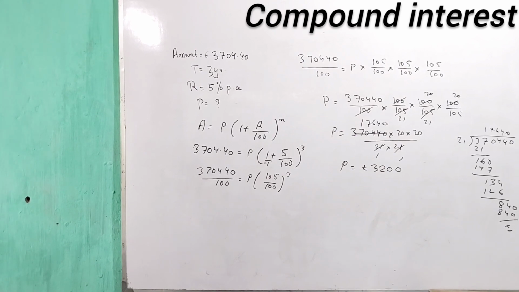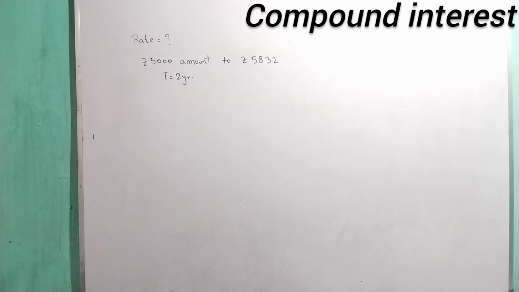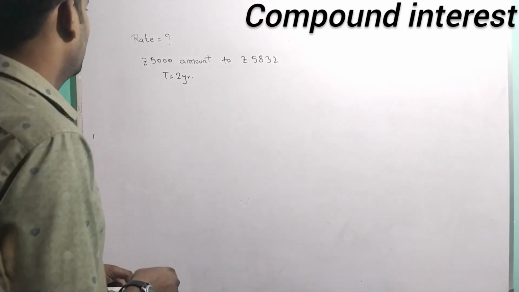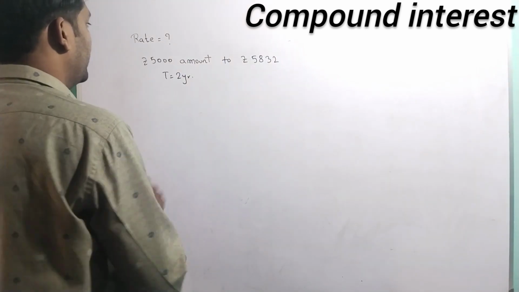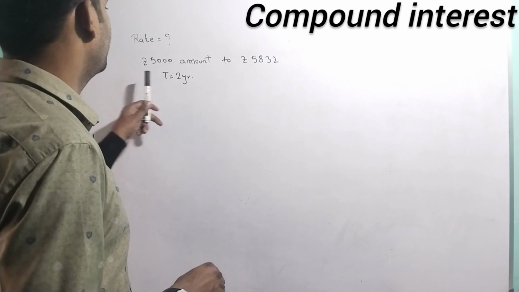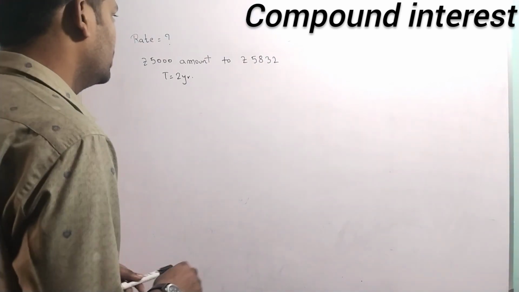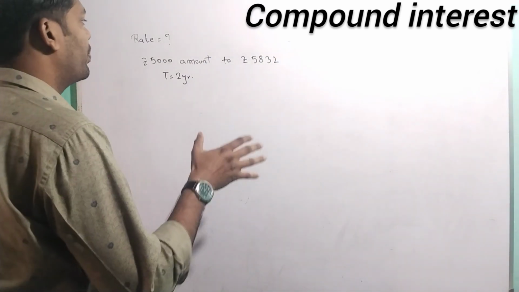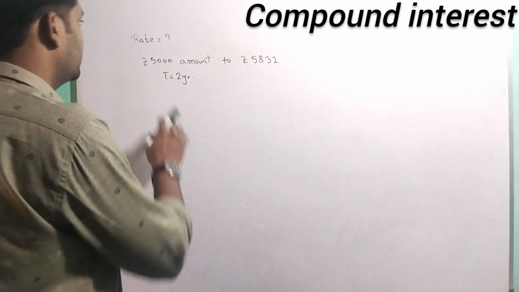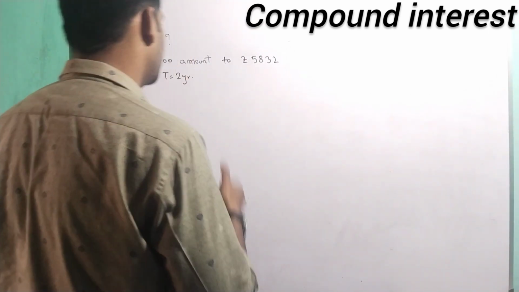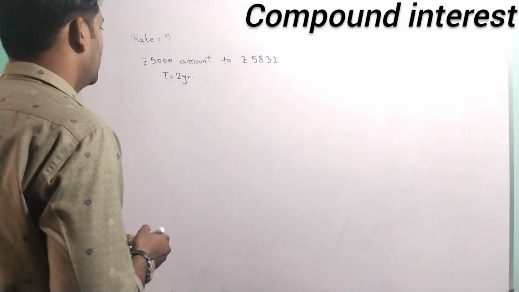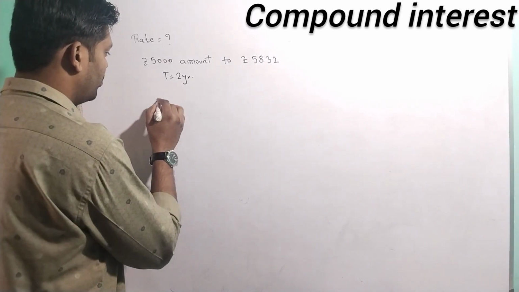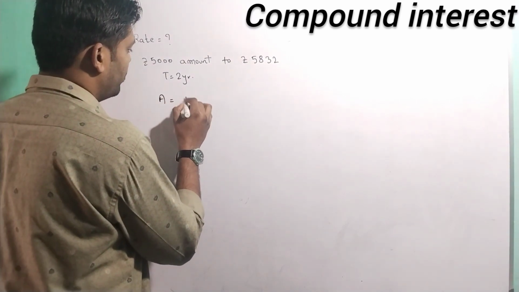So next thing, we have gone through many of the videos. This is your next question where we need to find out the rate. They are saying the rate you have to find out when the time period is 2 years, rupees 5000 amounts to this. Obviously the amount will be more compared to the principal. So we'll assume this one as the principal and this is the amount. According to that, as I gave you the formula, amount is equal to principal